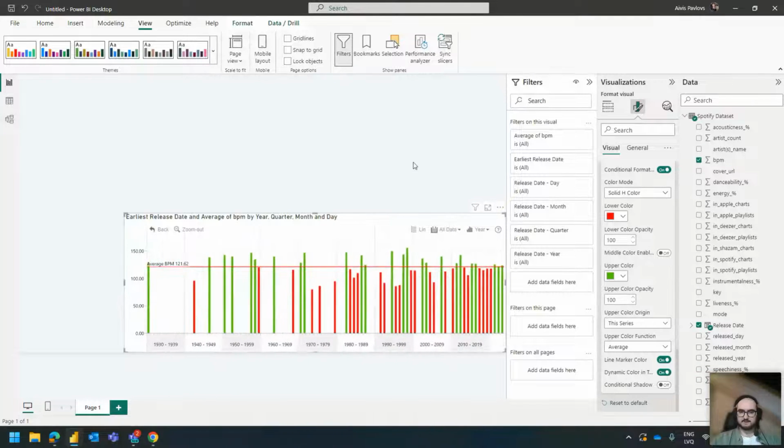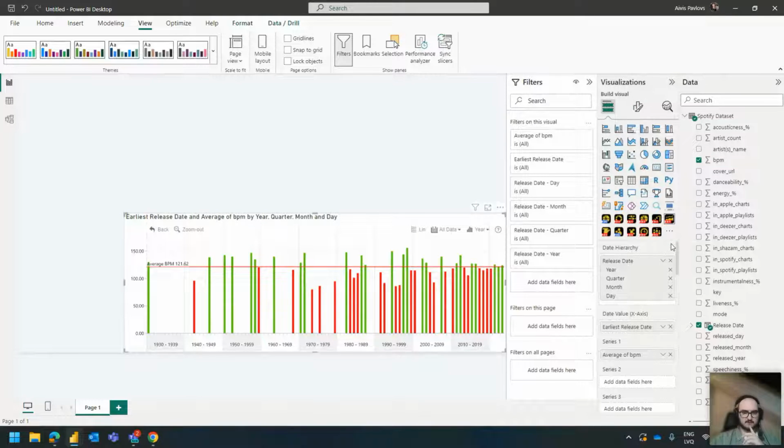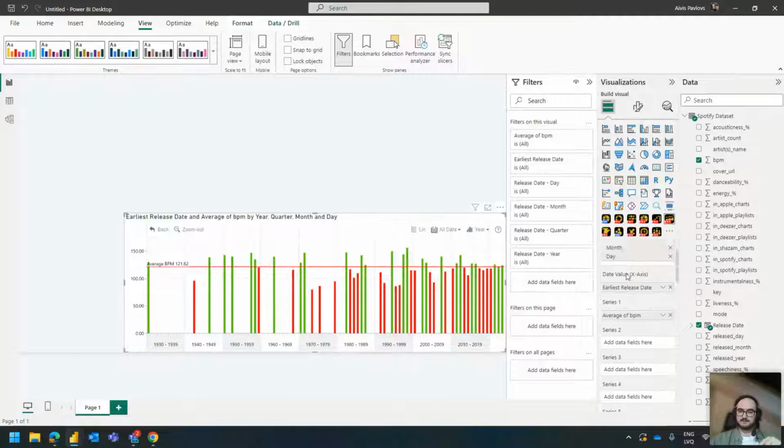Let's just go back to the top view. Perfect. Now, what else I wanted to do here is I actually wanted to also add some information in the tooltips. So for now, you can see the tooltip says the year, the time period, and that it's an average of BPM. What I also want to have here is, let's say, some additional information, such as the count of songs. So for example, if I scroll down,